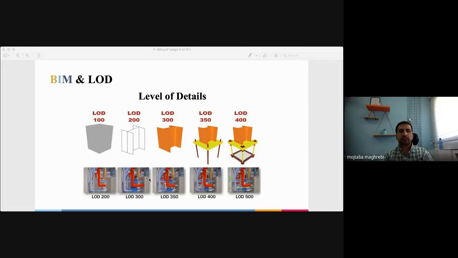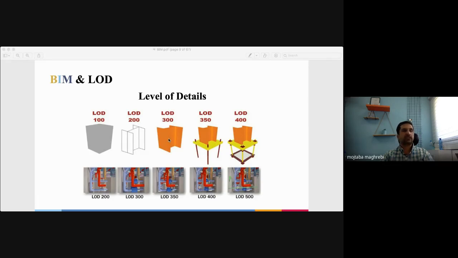For example, in a slide, if you model a column with a LOD of 100, it looks like this: only geometry, exterior geometry included. If you model with a LOD of 200, it looks like this.